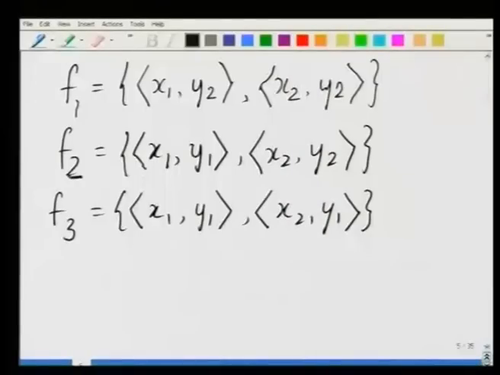In fact, with a set x consisting of just 2 elements as we have chosen, and with a set y consisting also of just 2 elements as we have chosen, it would be a good exercise to find out how many different functions can be formed. So, perhaps the student can take this up as an exercise. How many different functions